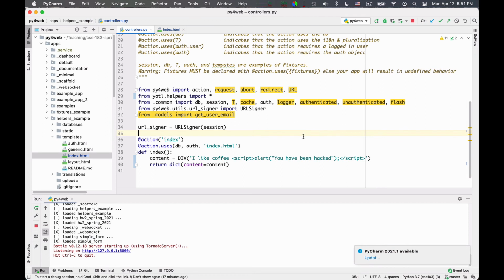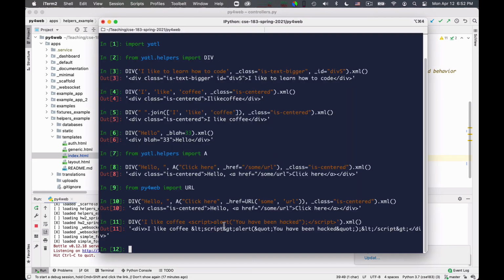The string that you want to be put on the screen is not transmitted in HTML as it is, but it is safely quoted. Some characters, such as this one to open the tag, this one to close the tag, and these quotation marks, are replaced by these HTML escapes